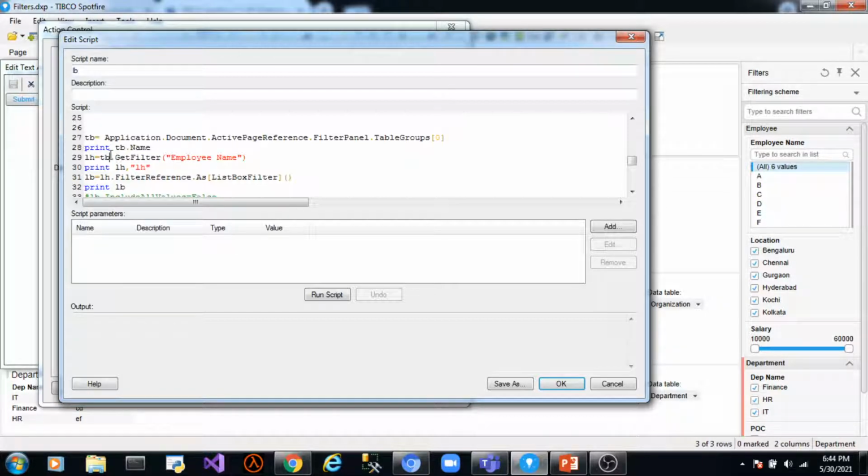So table group dot getFilter with the filter name as an argument will return a filter handle, that is the filter handle to this employee name filter. Suppose we wanted to access this filter salary, we could have just passed the name of the filter, salary, like this. So this will return a filter handle.